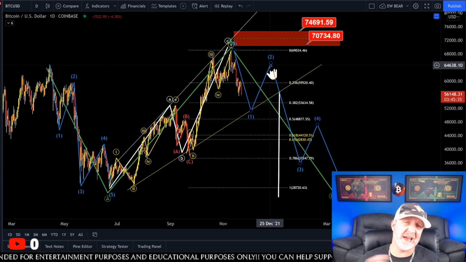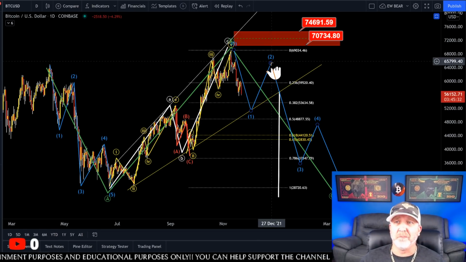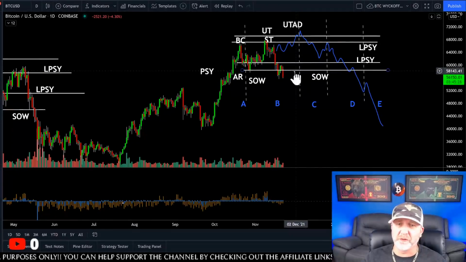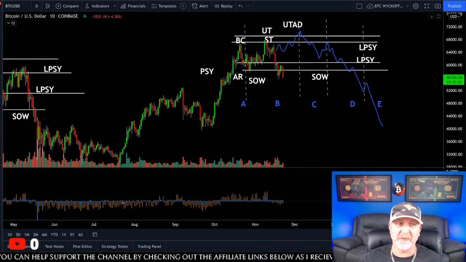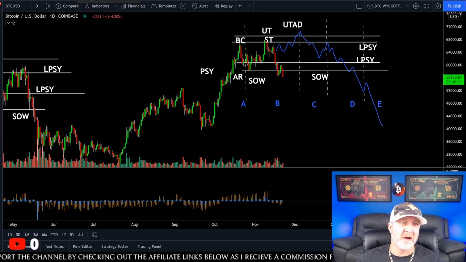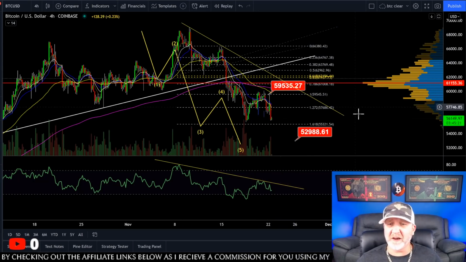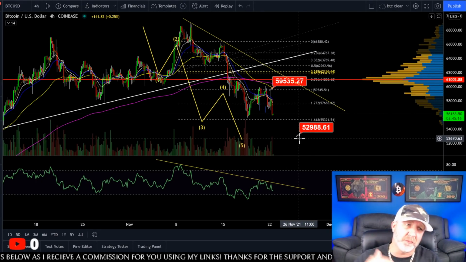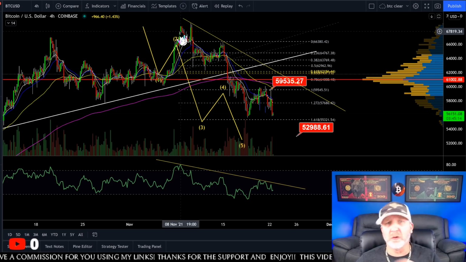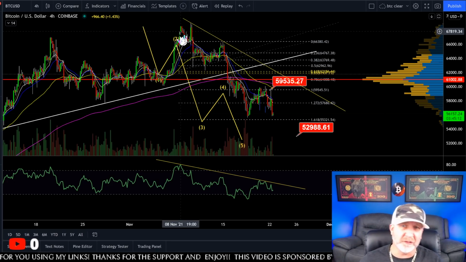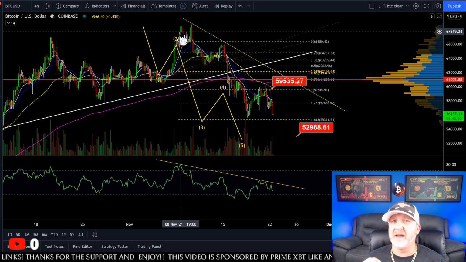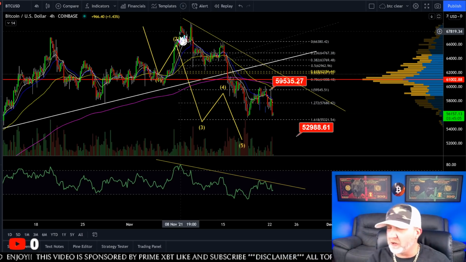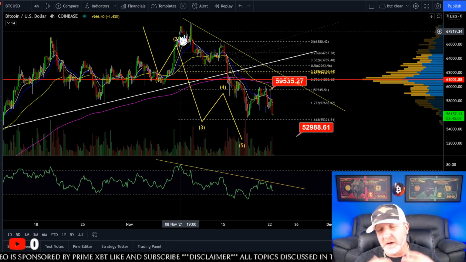So we were looking at it in the wick off, but both the distribution phases that I was looking at broke through the sign of weakness. So we talked about that last week. Not a good sign. Anyways, let's watch this, see if we get between that 51 and 53K. I'll be looking to put some longs in for that wave 2, which could get up to 60 to 65,000, somewhere in that range. And everyone's going to be extremely bullish, so be prepared for everyone calling for $100,000 Bitcoin again and all that good stuff.